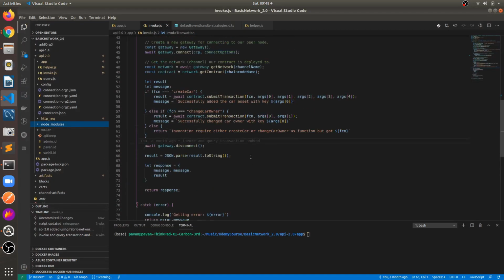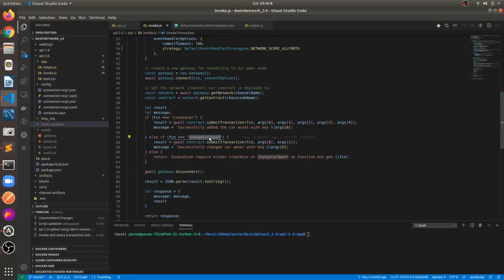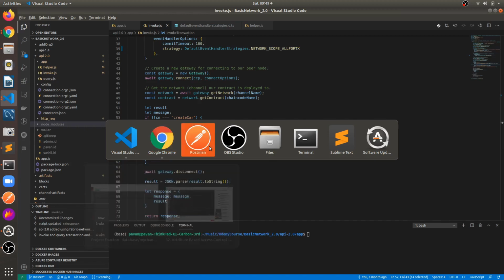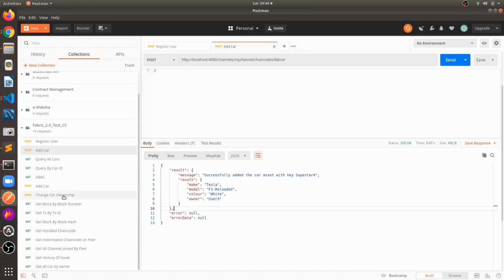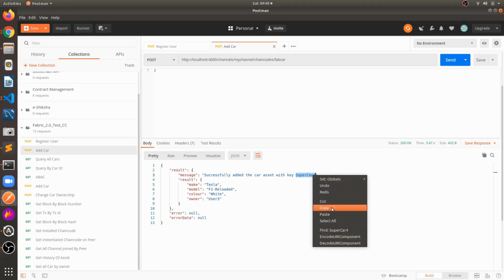So you can just go through all these steps. Again we will change the car owner. For supercar 4 I think we will be doing the same one right now.